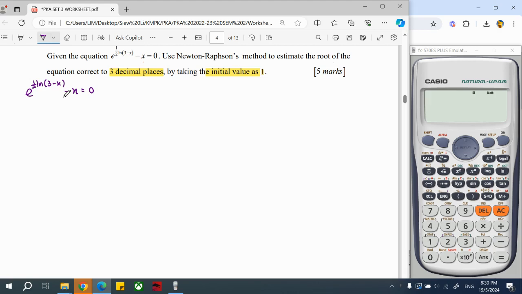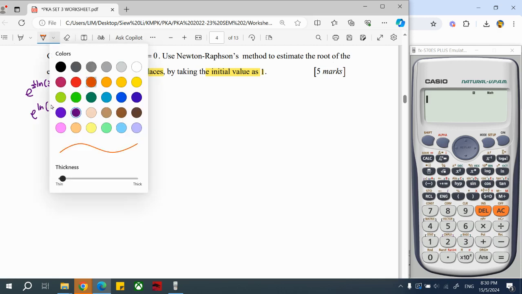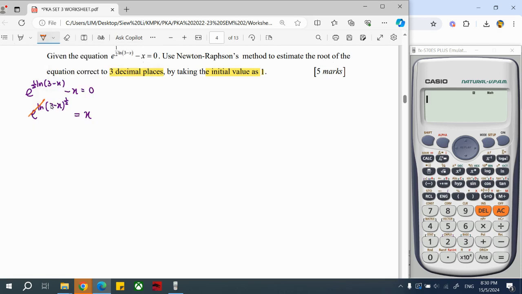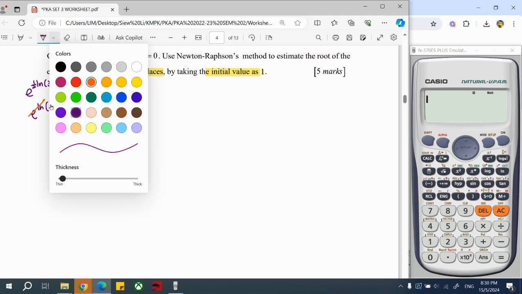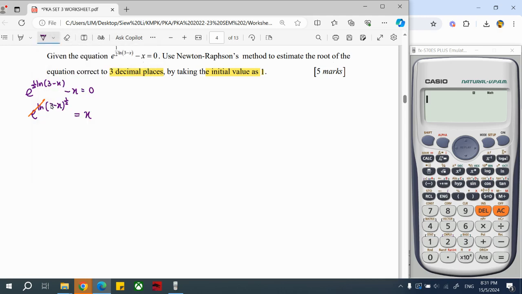So notice that this e power ln can be simplified by using the properties of the log. 1 over 2 moves up to become power, then x I move to the right hand side. So this one we cannot directly let it be f(x), although it already equals to 0. As we can see, e to the power of ln can be simplified. Once you simplify, you notice that this is square root 3